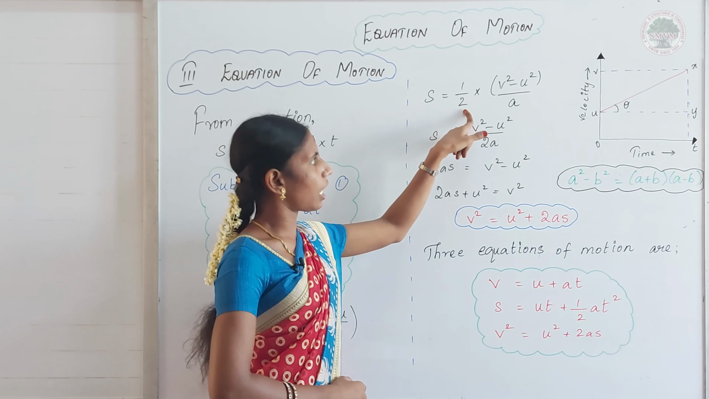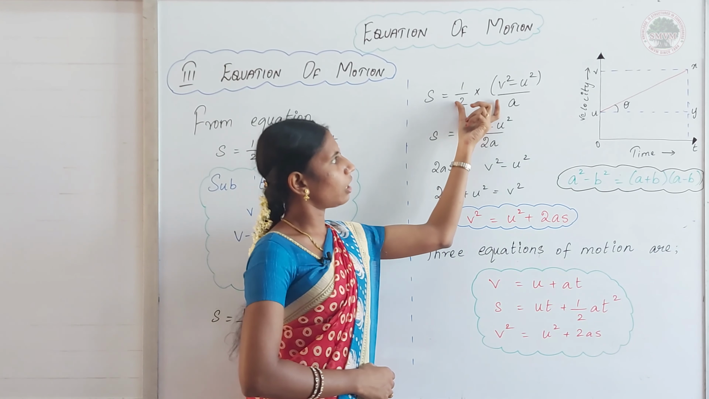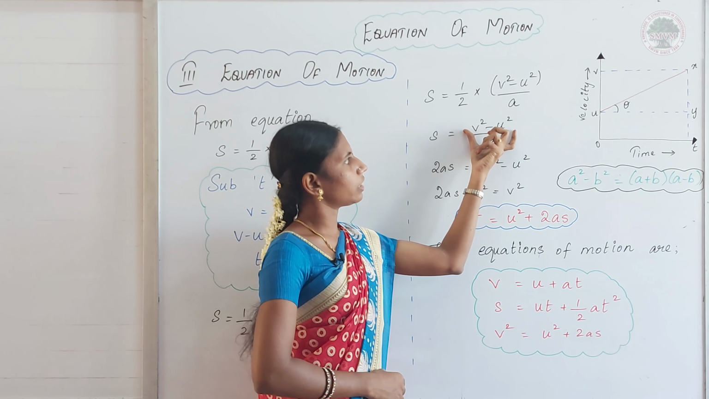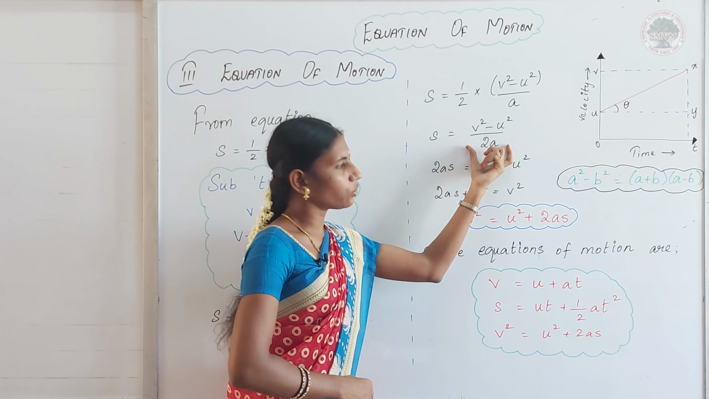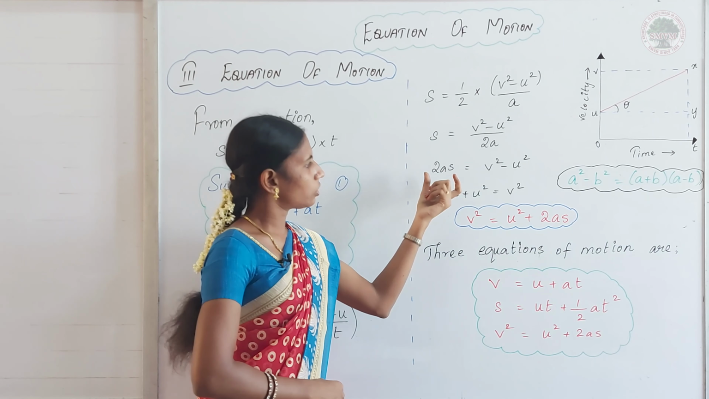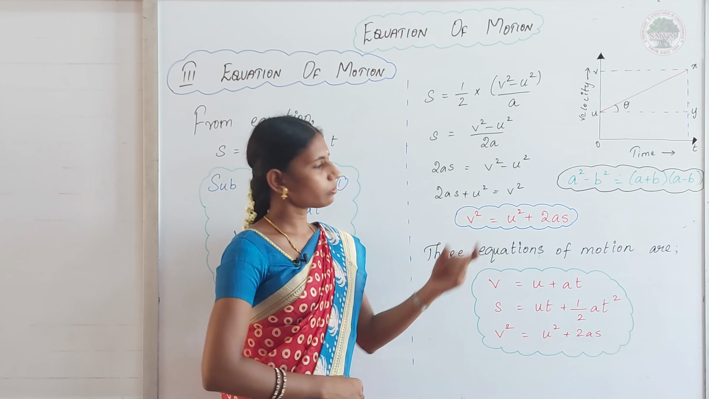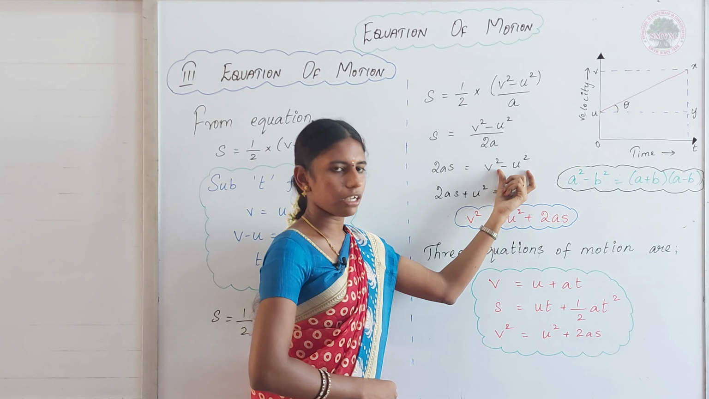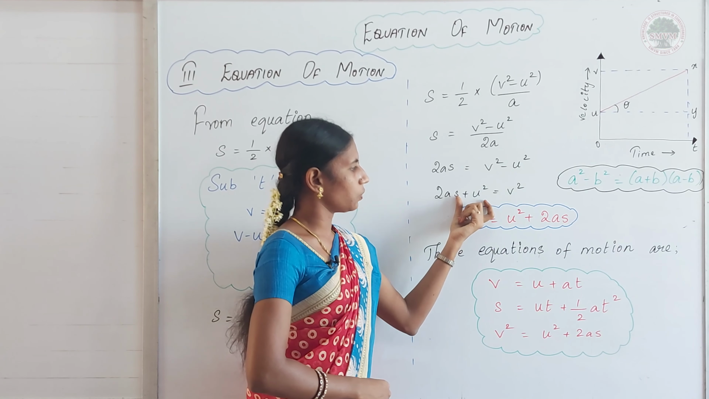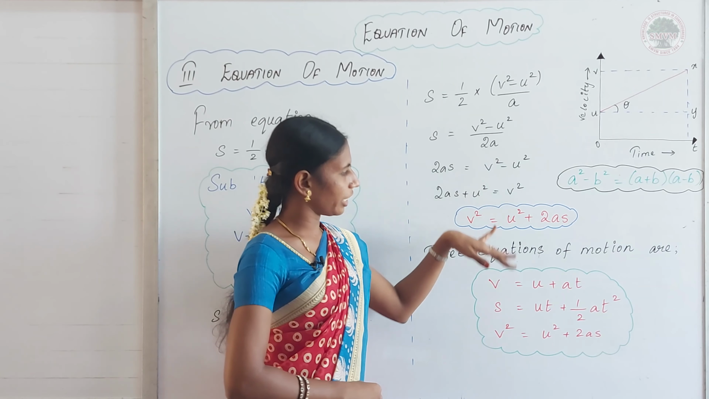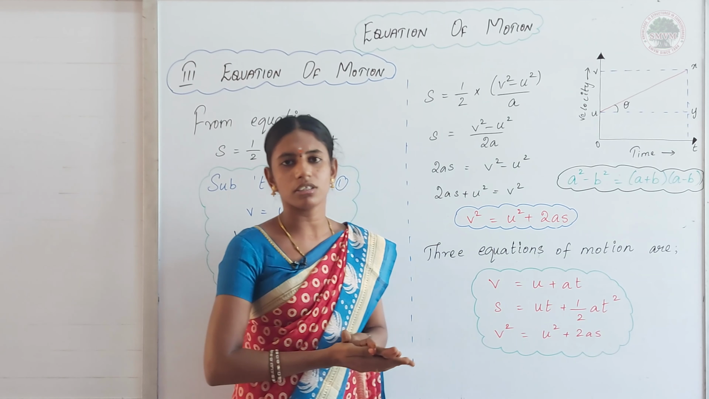So S is equal to half into V square minus U square divided by A. Right? So now just multiply it. S is equal to V square minus U square divided by 2 into A, 2A. I am just taking this 2A from the denominator to LHS. So 2AS is equal to V square minus U square. This minus U square, when it is coming to LHS, becomes plus U square. So 2AS plus U square is equal to V square. Just rearrange it: V square is equal to U square plus 2AS, in which we have got the third